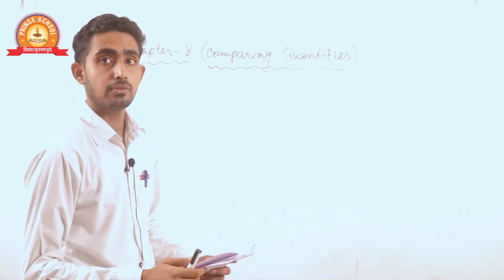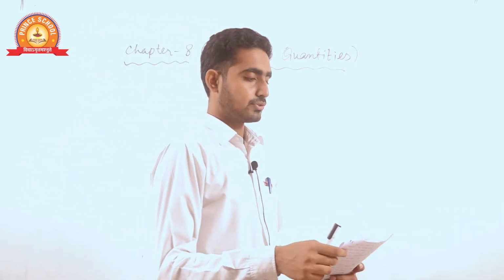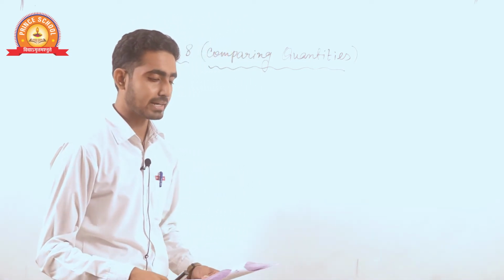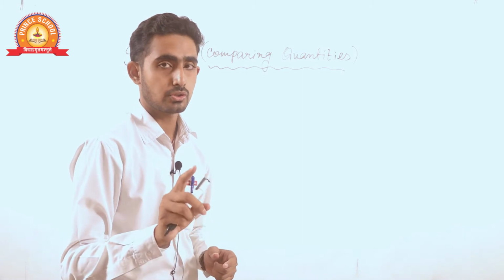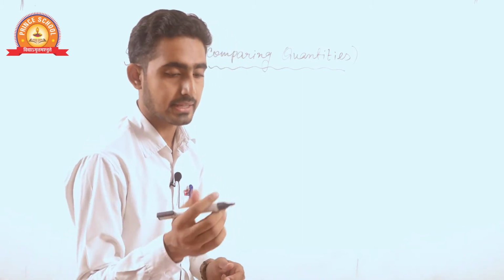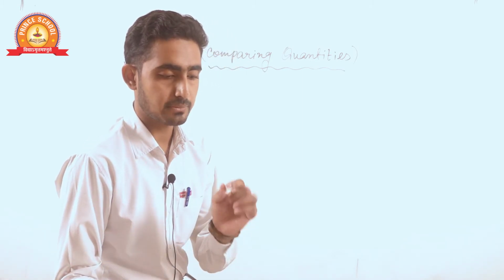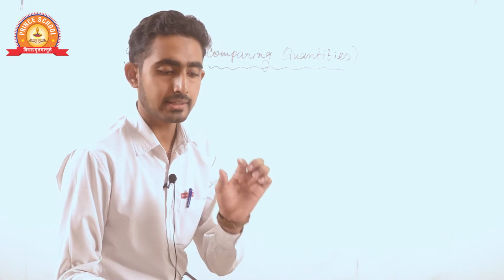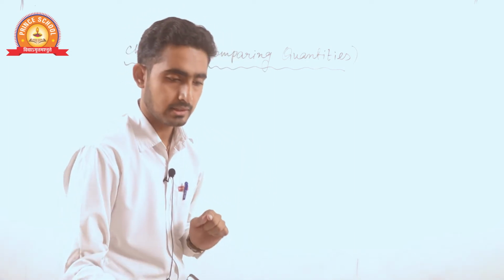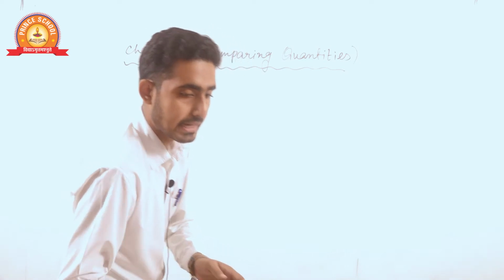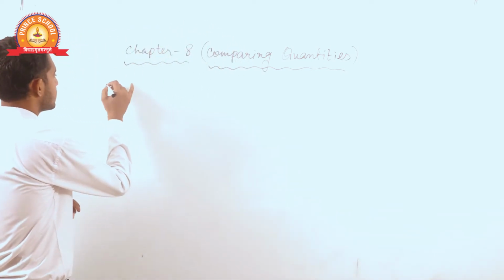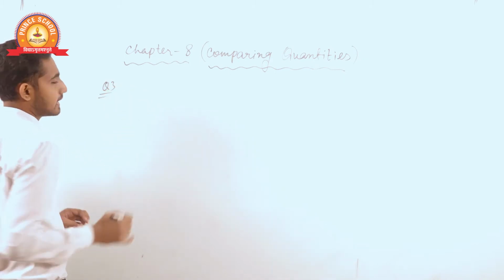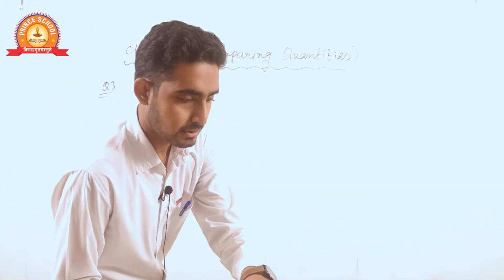Now all of you observe your book. Question number 3 says: a shopkeeper buys 80 articles for rupees 2400 and sells them for a profit of 16%. Find the selling price of one article. In your question there are 80 articles and the cost price. I will write down the information only.